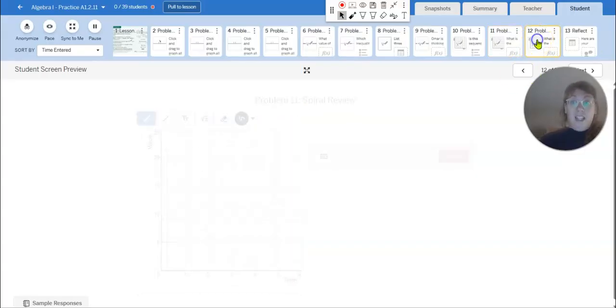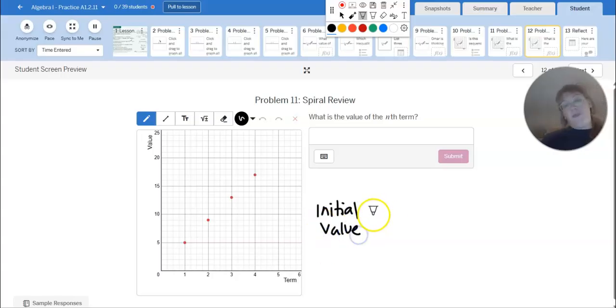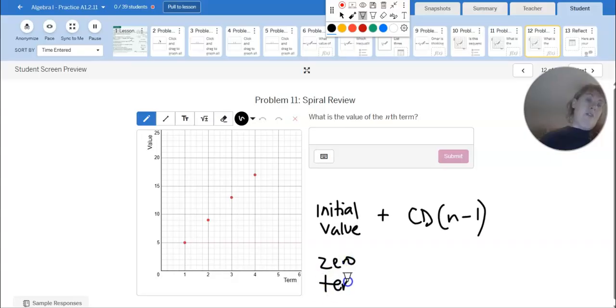And then finally, on the last slide, what is the value of the nth term? So this is a throwback. Think about that initial value plus the constant difference times n minus 1. Or we can say the 0 term plus the constant difference times n. So take a second, find those values, plug it in, feel nice and cozy, and then check your reflection slide